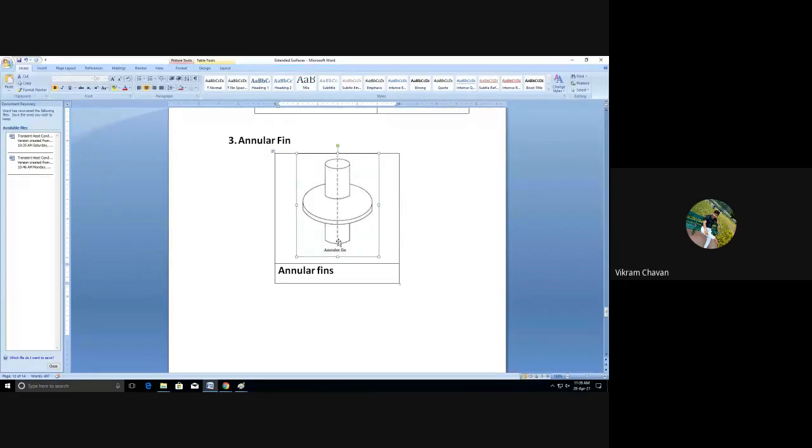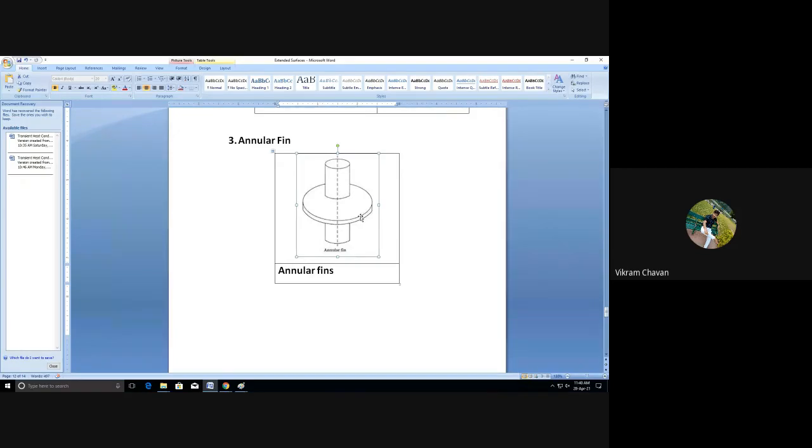There are many types of fins. We have listed some of them here. There are wavy type fins, rectangular cross section type fins, dumbbell type fins. So various types of fins are there. Still many researchers are working on different types of fins. They are innovating in this particular topic, fins.